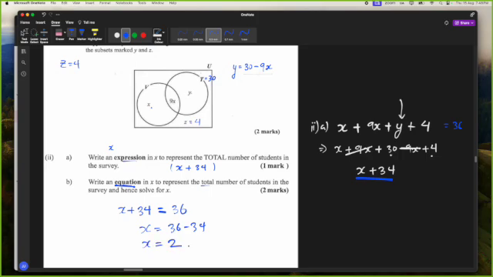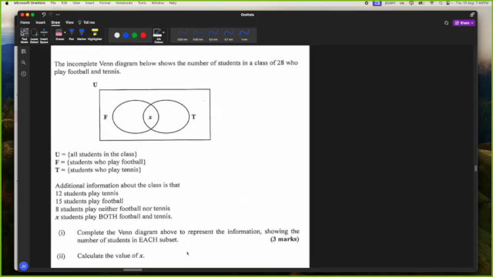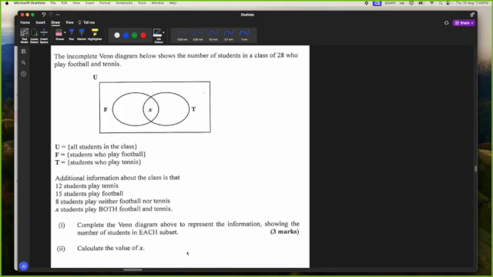The incomplete Venn diagram below shows the number of students in a class of 28 who play football and tennis. So there's an incomplete Venn diagram, right? U is all the students in the class, F is the total who play football, T is the total who play tennis. All right. And additional information about the class is that 12 students play tennis. So tennis is 12. All right, so that's this total amount here. That means that this amount inside of here will be 12, which is the total amount of students that play in tennis,